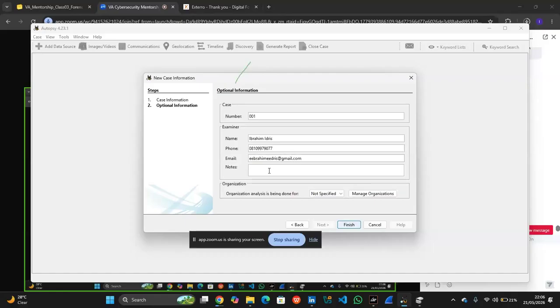Yeah, so notes. This is a USB image analysis case. The reason why I'm calling this analysis is because we're just going to be analyzing stuff. We're not actually doing the real, end-to-end investigation. We're doing the investigation, but not end-to-end. We're just going to be analyzing, seeing some stuff. So I'll show you guys some stuff. That's why I'm just calling it analysis, right? So organization not specified. You don't need to specify any organization because I'm just one person, right?